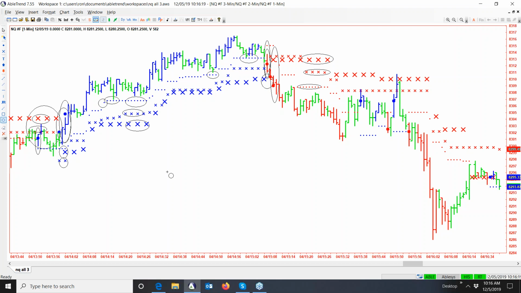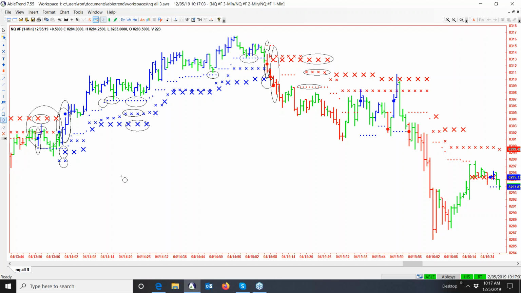Another thing that we like to do or recommend is if you trade multiple lots, as we have traders who trade a lot of money who use AbleTrend all day, every day. We say if you trade any more than one, we like to take one lot off after, say, 5 points on NQ. Just a little standard recommendation, again, from all our research. And if you trade the micro lots, that's perfectly fine too. Very often when you get a triple confirmation, it goes certainly more than half the time, and probably closer to 3/4 of the time, in that direction. So we like to just take a little piece off at that time.